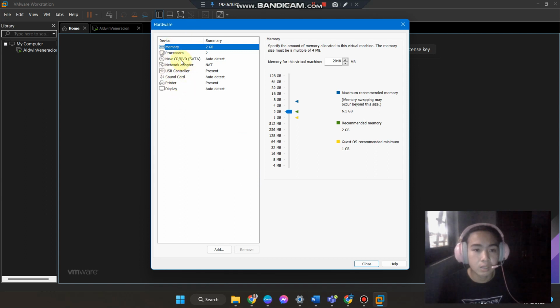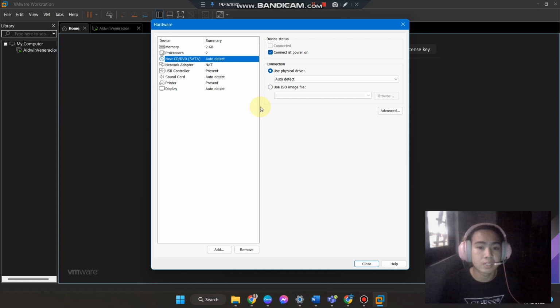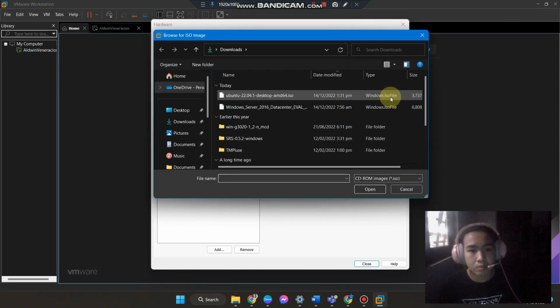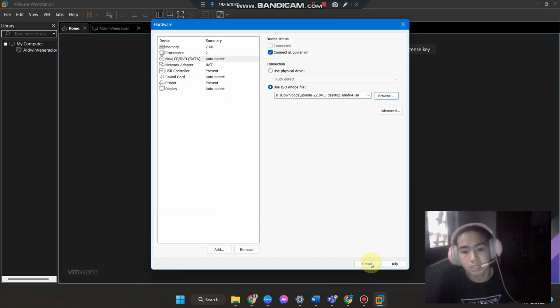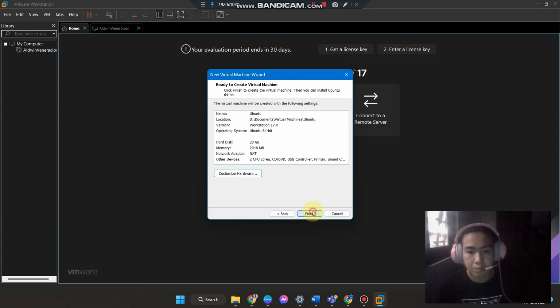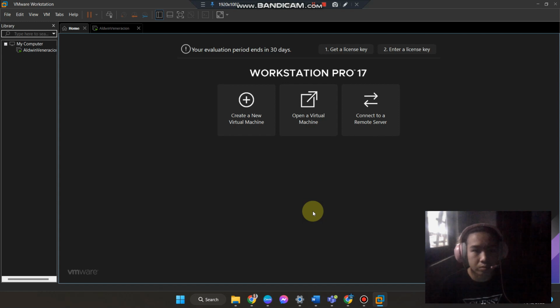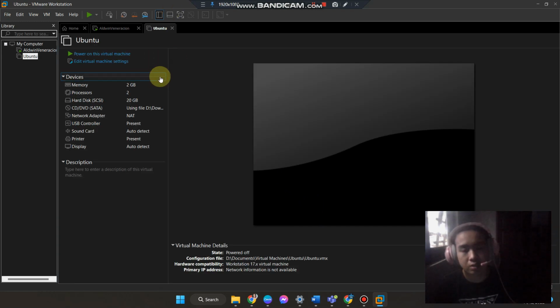and then choose the new CD/DVD, then click the use ISO image file, then browse, then choose the file that we downloaded earlier, the Ubuntu, and open, then close, click finish, then let's power on the virtual machine,